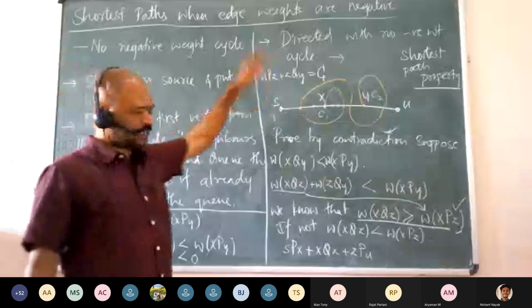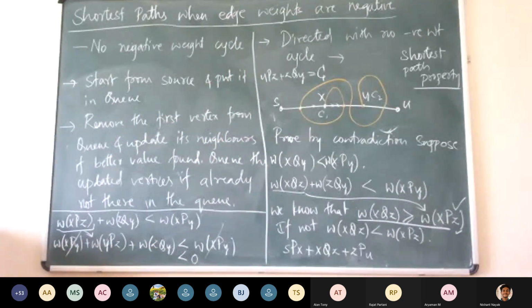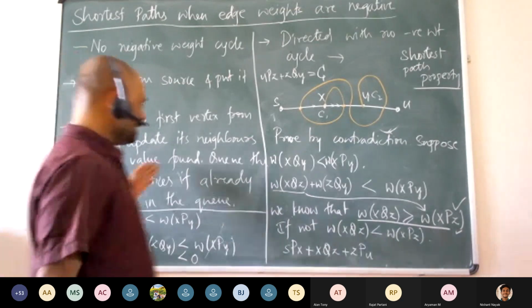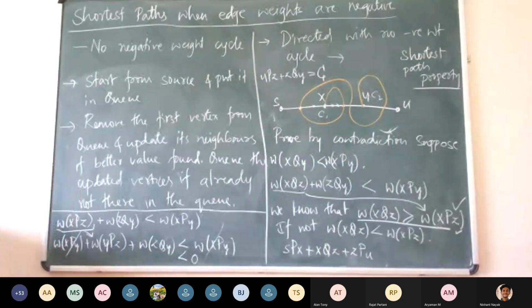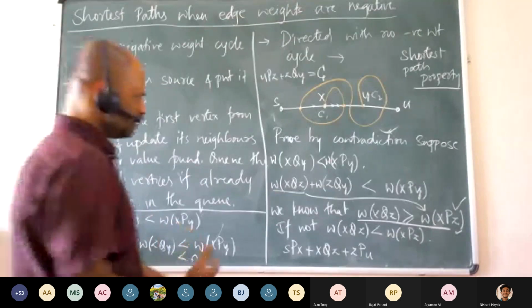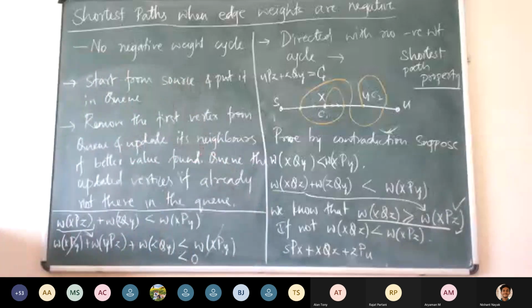So yeah, this is one algorithm which we can use when there are negative weights. In books, you will also find another algorithm called the Bellman-Ford algorithm, right? You can also use that. Again, it works with the same property. Instead of putting vertices in the queue, you make it even easier by updating every edge in every iteration. You can look into that. If I have enough time, I will go through that. Otherwise, I will leave it at that, because we have seen every ingredient that is necessary to prove it and to come up with that algorithm, right? So I will leave that as an exercise for you guys.